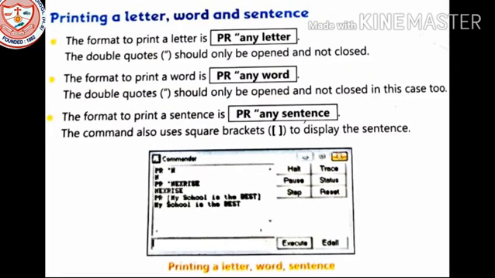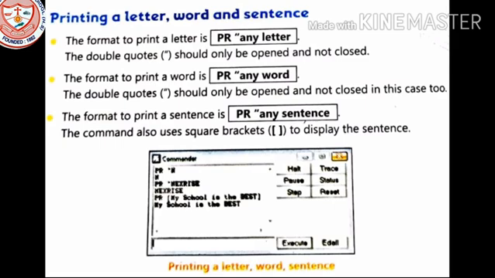Now how to print a letter, a word and sentences. The format to print a letter, only one letter, is PR, double inverted comma, then any letter you want to write, and without closing the double inverted comma you just press enter and your letter is printed.